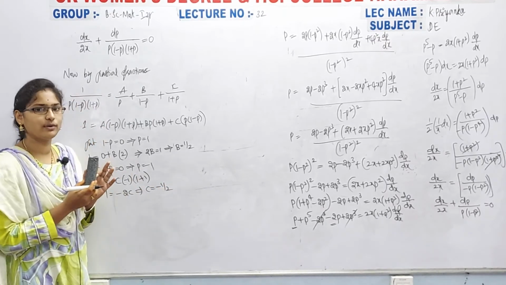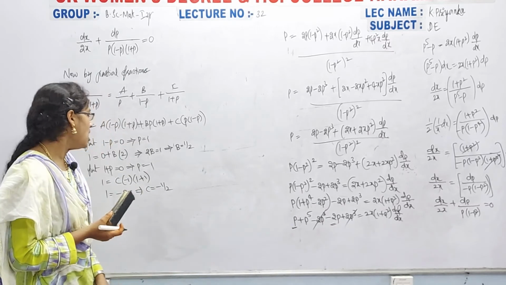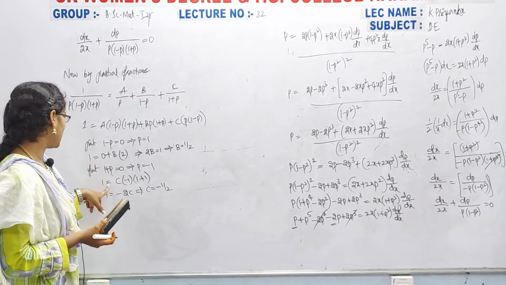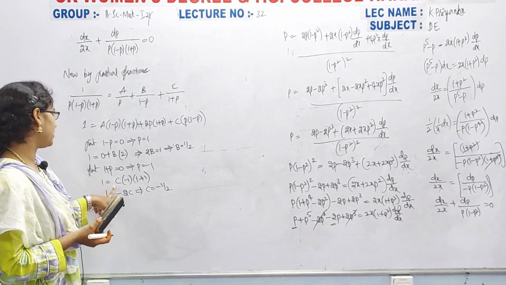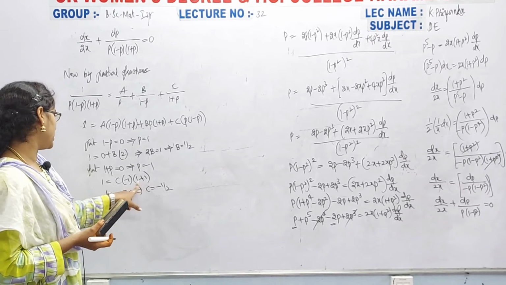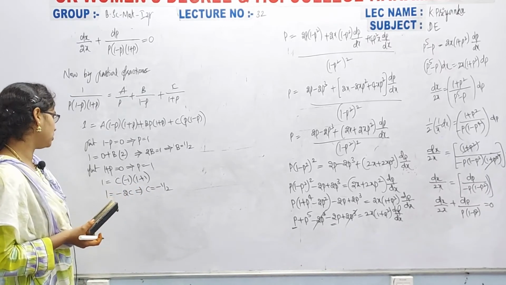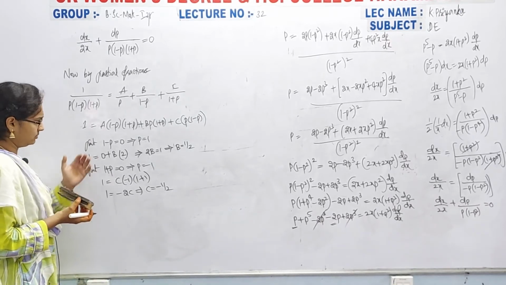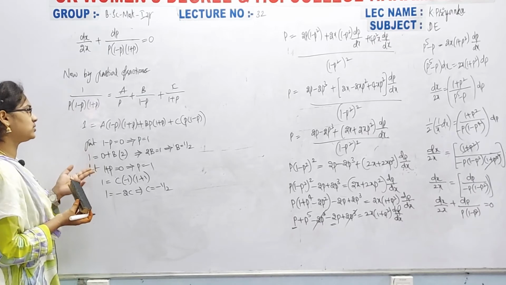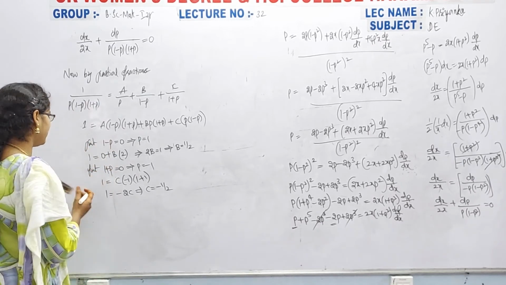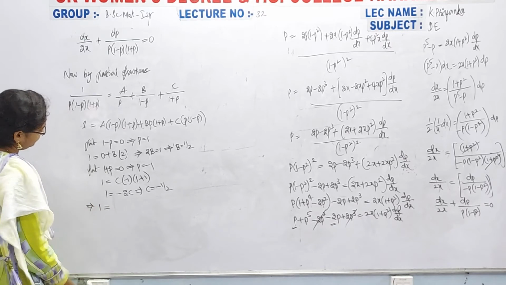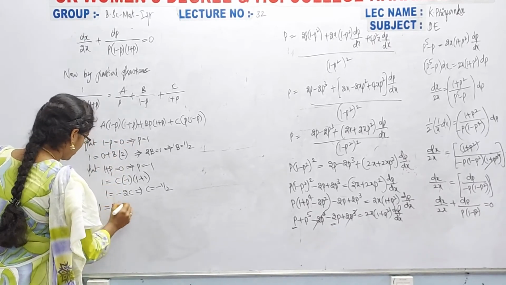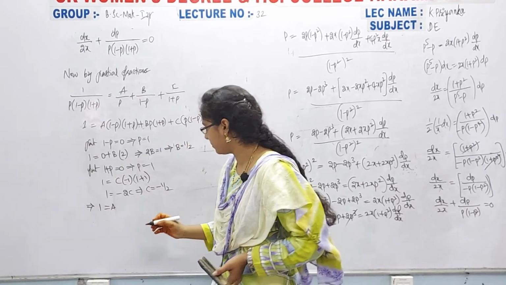Now I have the values of A, B, C, just checking it. Check clearly: I took 1 plus p equal to 0, so here p equals minus 1, and 2c is minus 2c, c is equal to minus 1 by 2. Otherwise you can calculate by taking the equations also. Now p equal to 0. If p equals 0, then we will get the value of a here, that is 1 minus 0, 1 plus 0, 1. So a is equal to 1, for p equal to 0.